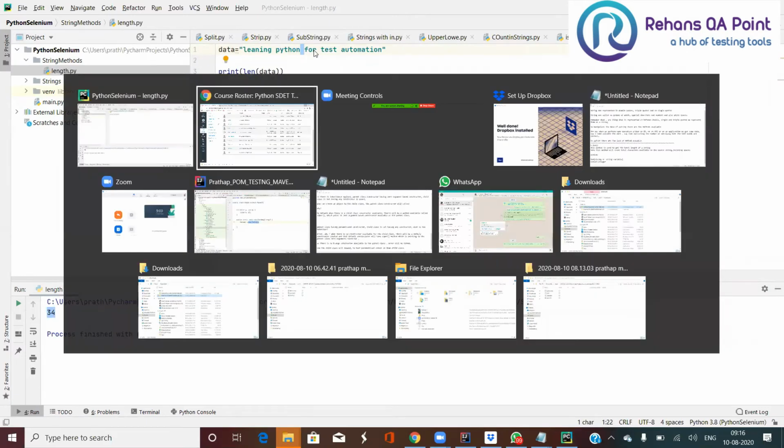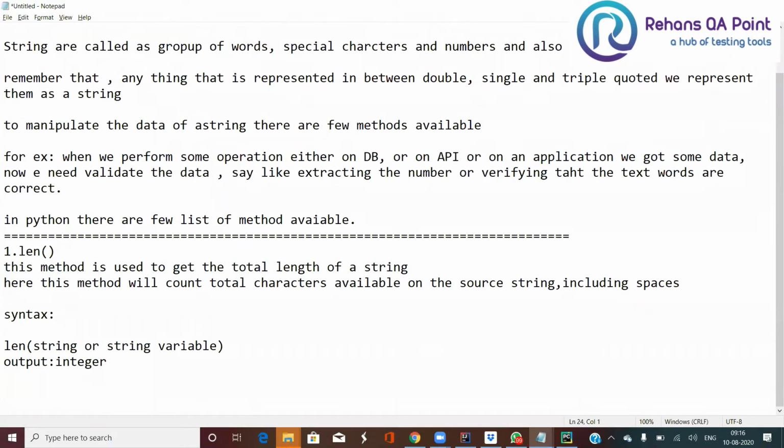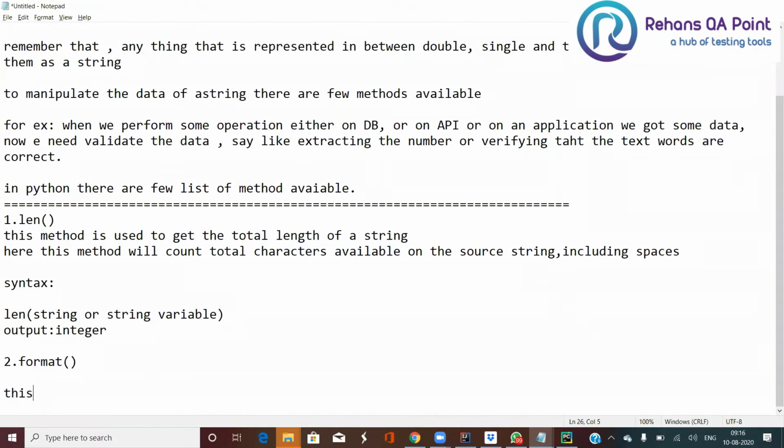Okay, so let me show you the second method, called format. Okay, so this method is used to format the source string according to the user needs.